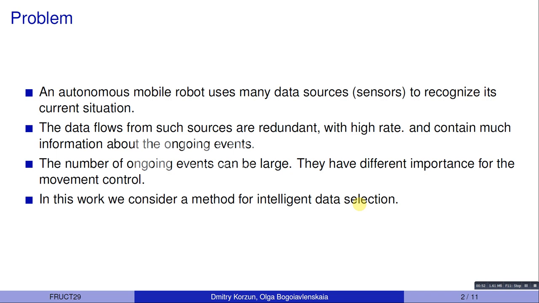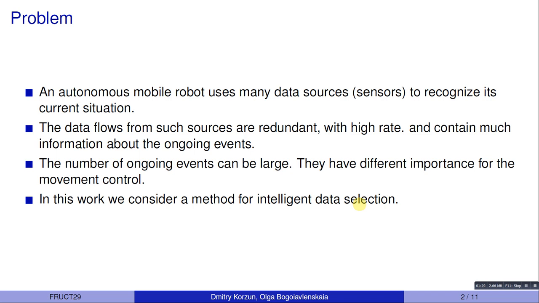They have a set of properties which pose the necessity to make further processing, since they are error prone, often come with a very high rate and contain a lot of different kinds of information. The number of these ongoing events, in principle, the number of events in the environment, could be very large,